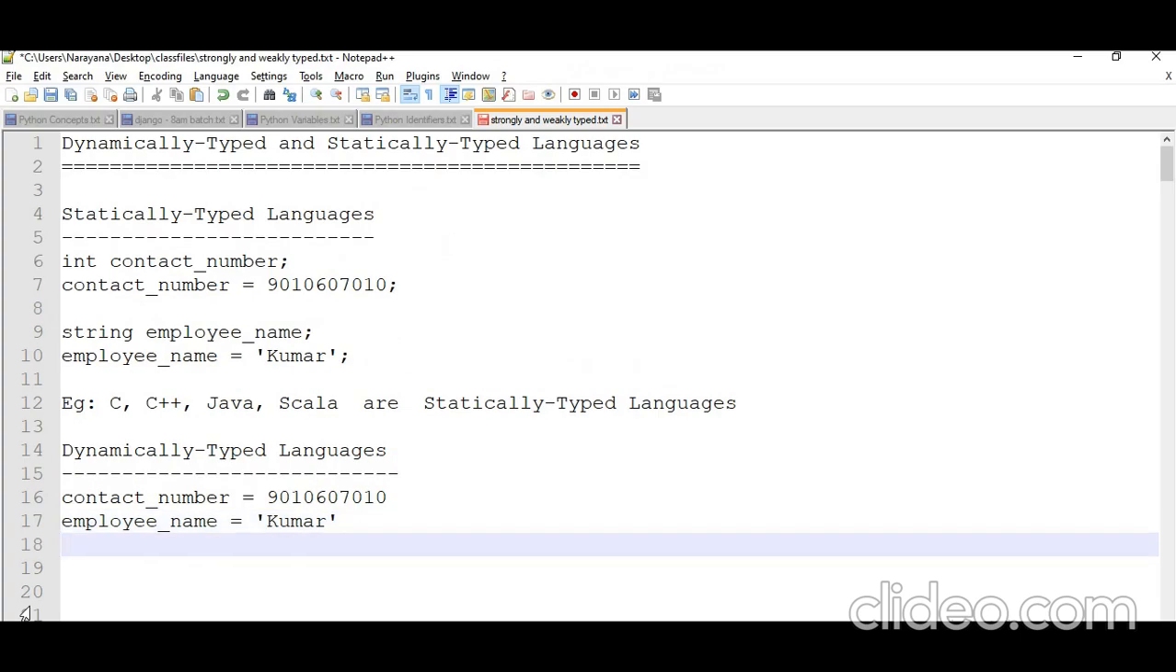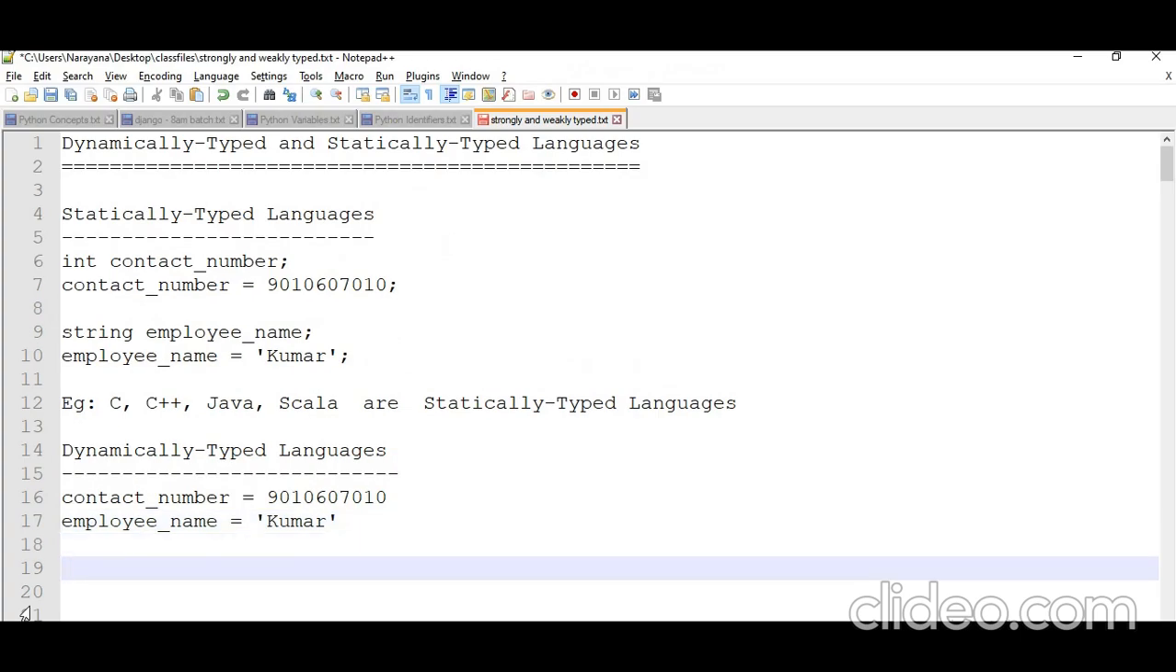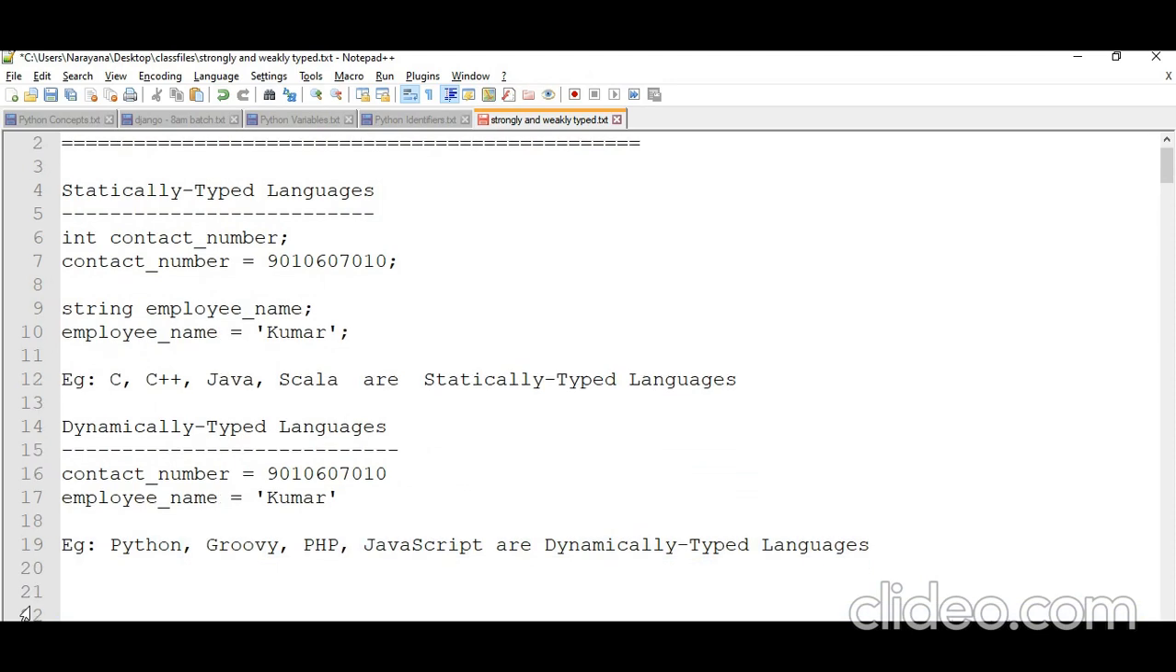and based on the data type, the value will be given to the variable. The examples of dynamically typed languages are Python, Groovy, PHP, and JavaScript. These are all examples of dynamically typed languages. I repeat again, just observe, guys, statically typed,